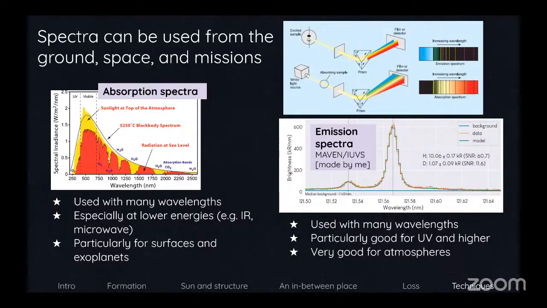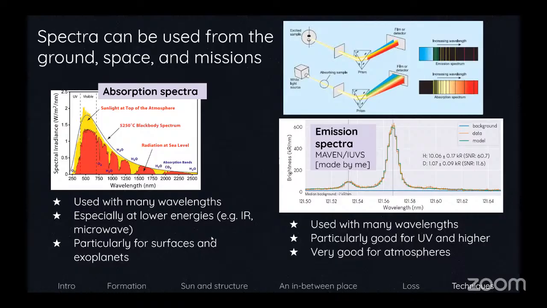The way this works is, there's a little diagram here on the top. You're looking at light coming in, passing through some sort of gas of interest, whether that's a planetary atmosphere or an interstellar cloud. It comes into your optical system, and then we use a detector to look at the dark spots in the spectrum, so to speak. This is an example for the visible. Those dark areas tell us where there are gases absorbing. We can figure out what is in that gas or whatever it is we're looking at.